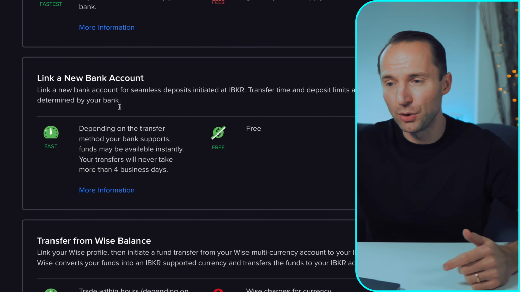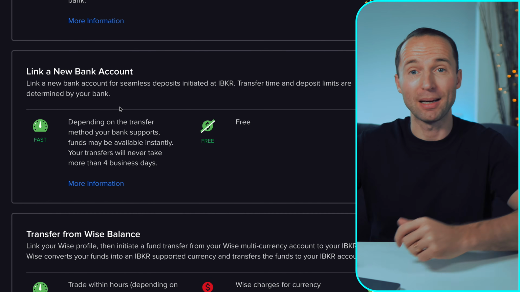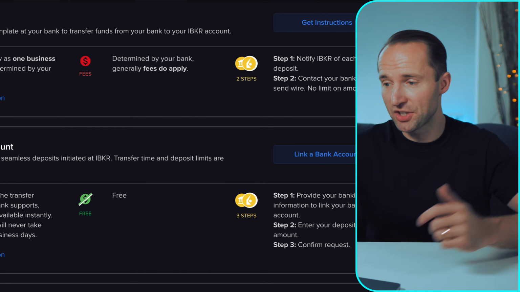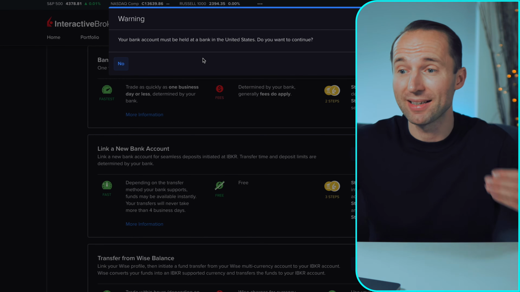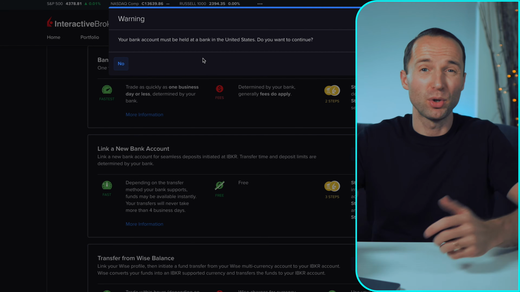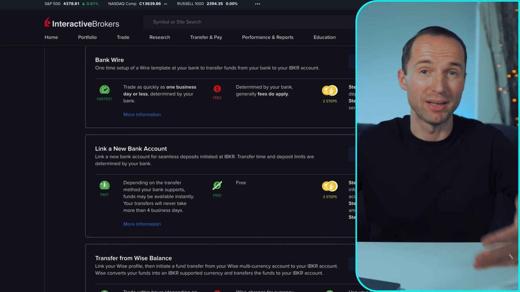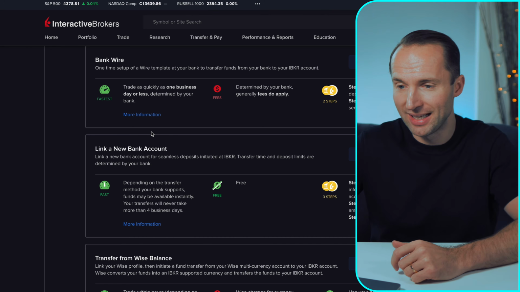You can also link a new bank account. So there you directly link up with your bank account. But sadly, when you actually go ahead and click on it, link a bank account, you will see the option, your bank account must be held at a bank in the United States. So for most of you, it may not apply. That's why I think if you're based in Europe or outside the US anywhere, really, it doesn't apply